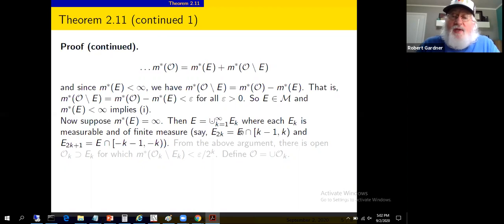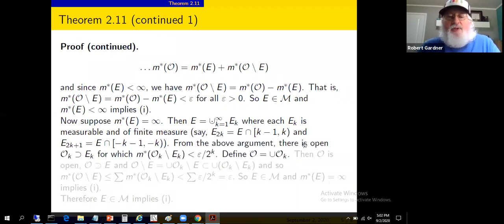So each of the E sub k's are measurable. They're disjoint by construction. All right, well now each E sub k is a measurable set of finite measure. By monotonicity, its measure is at most 1. So that's pretty finite. So by what we just argued, we know there's an open set containing E sub